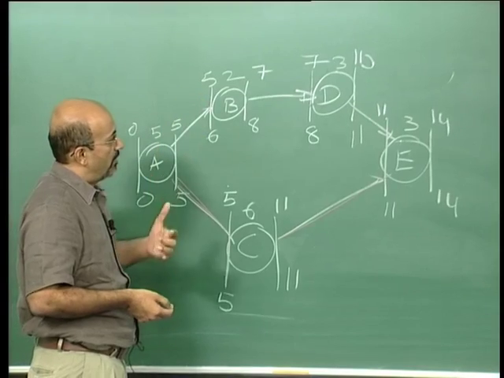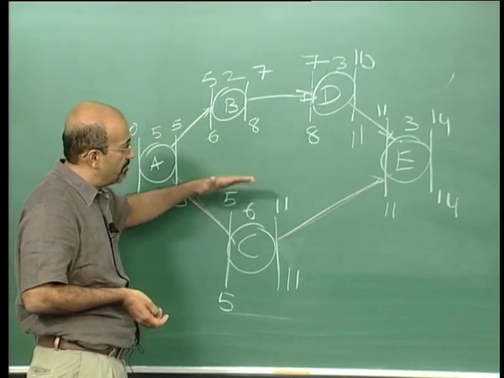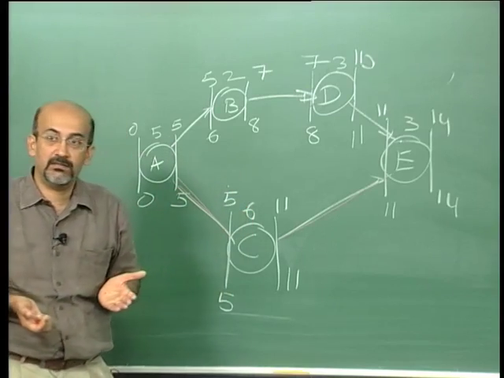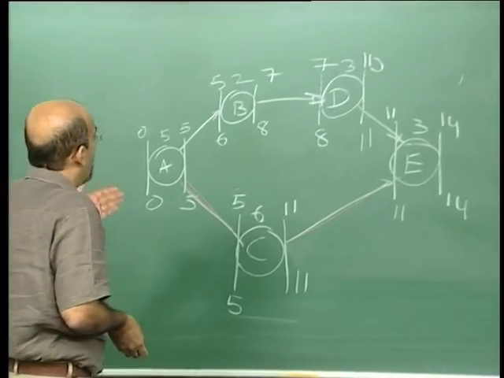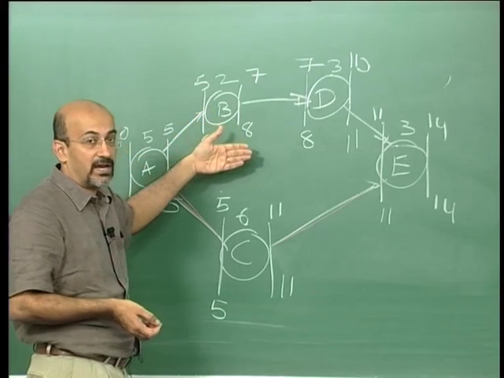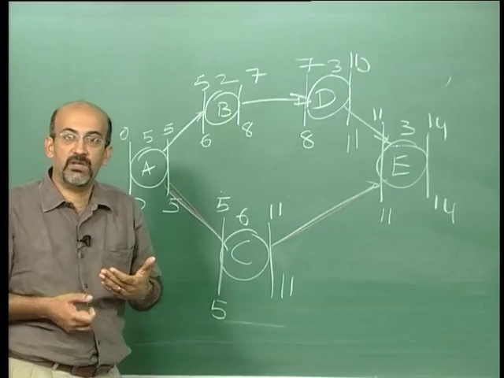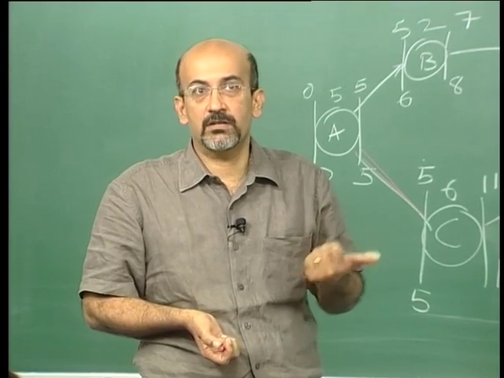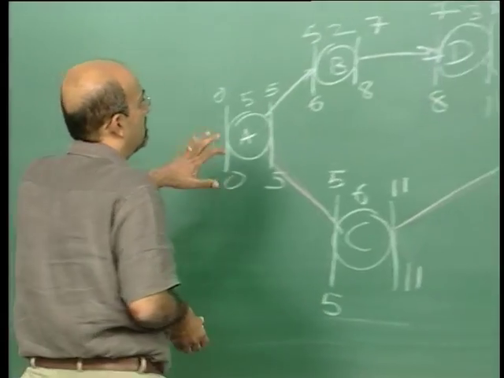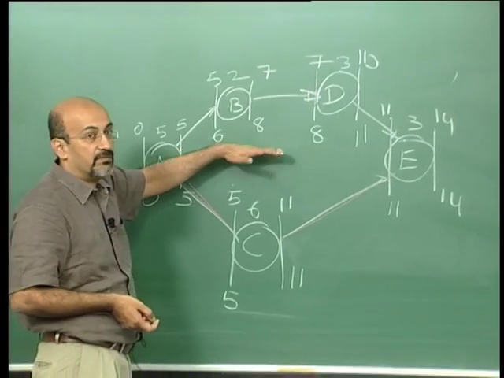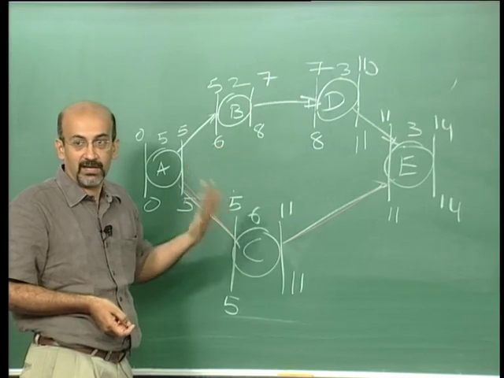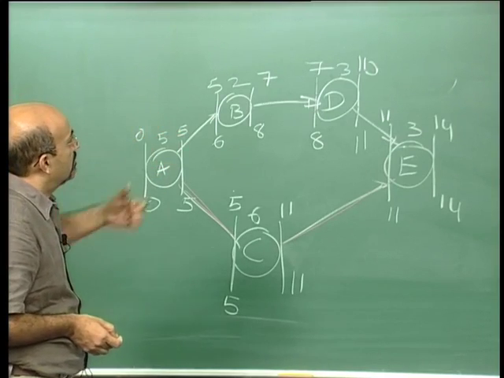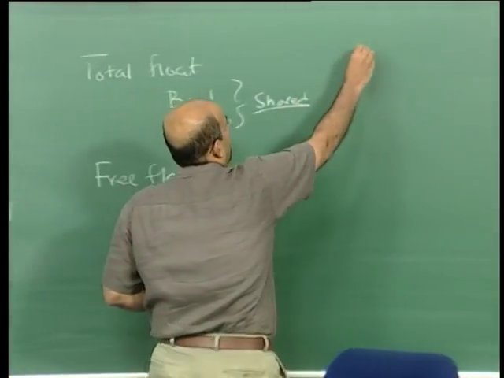Now you have another way of seeing the importance of float and criticality. We have defined a critical activity as an activity which has no float, we know that. And if the foreman who is doing activity B and the foreman who is doing activity C came and asked me for the same resource and I only had one of those resources, who would I give it to? C, because he is on the critical path. So decision making like this becomes easier to justify when you have an idea of what the float or slack is. Now if we start looking at the remaining float, we have interfering,